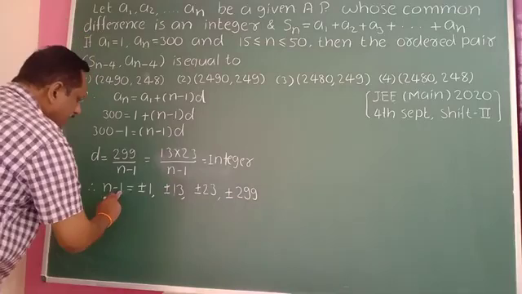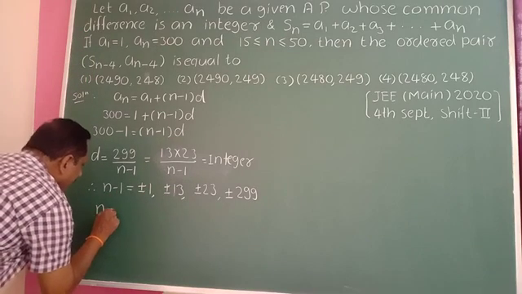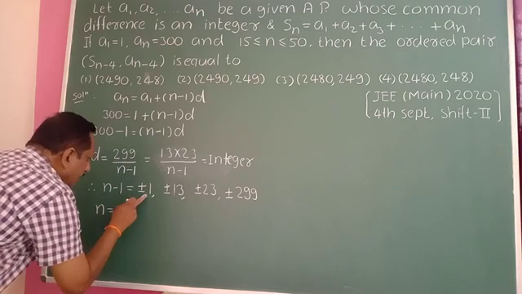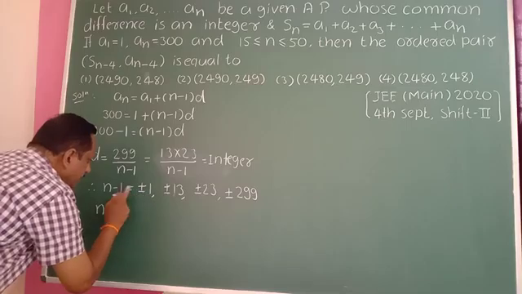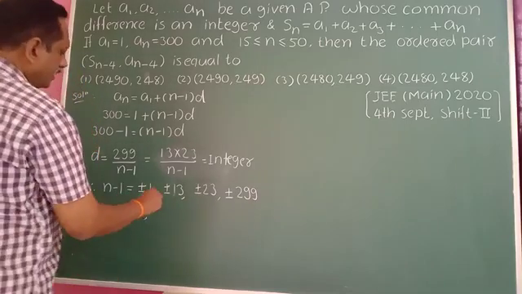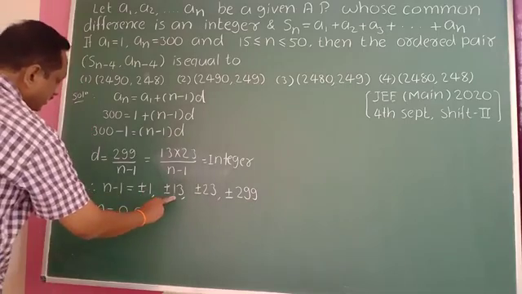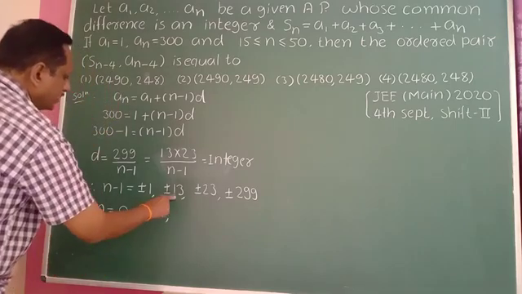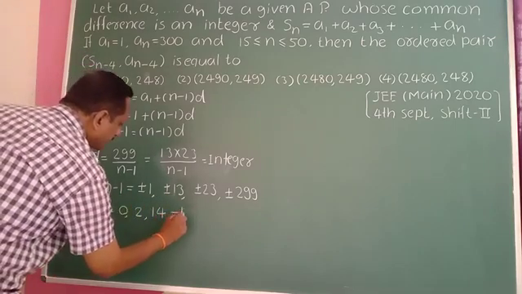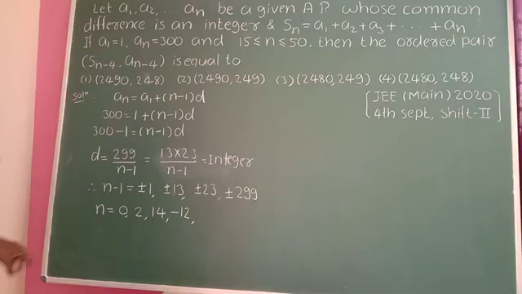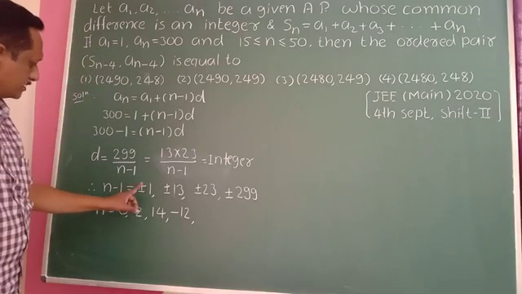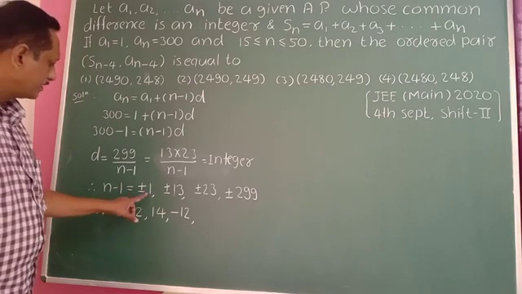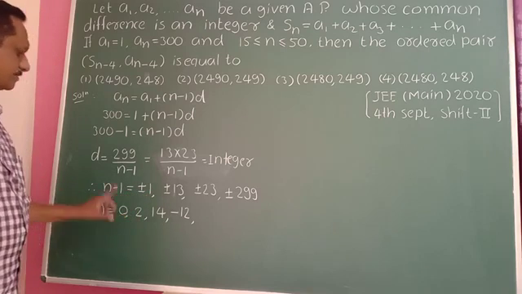If you take minus 1 to the right hand side, what happens here? 1 minus 1 becomes 0, or minus 1 plus 1 becomes 2. And take 1 this side here. 13 plus 1 becomes 14 here. So 14, or minus 13 plus 1 gives minus 12. Okay? Here take minus 1 this side. 1 plus 1 is 2, or 1 minus 1 becomes plus 1 here. Minus 1 plus 1 becomes 0.